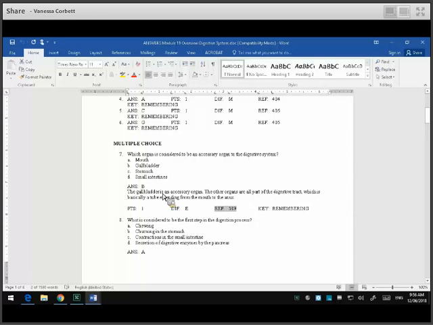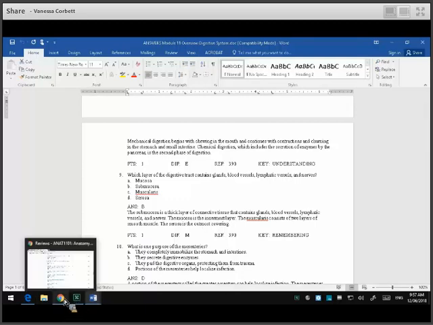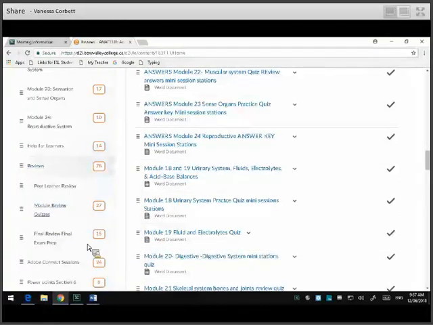Okay, so that information is all available to you for every single module, 24 modules in the course. So if you're wanting to do that, that's a good resource as well. If we come back to review,